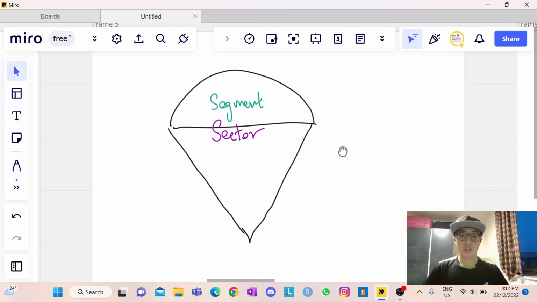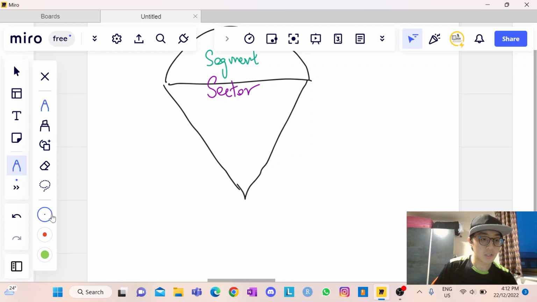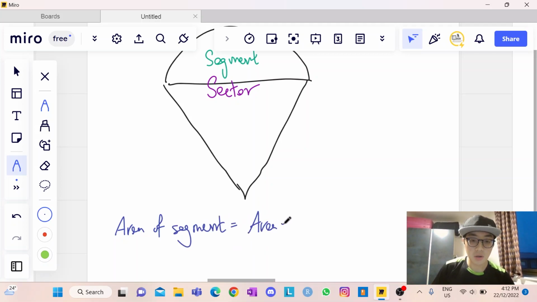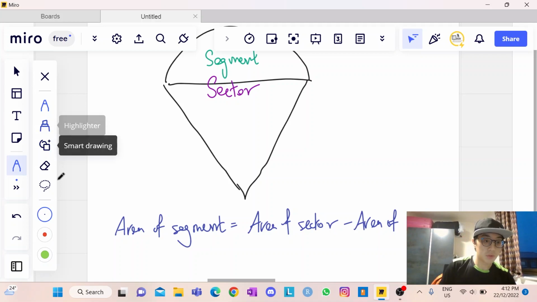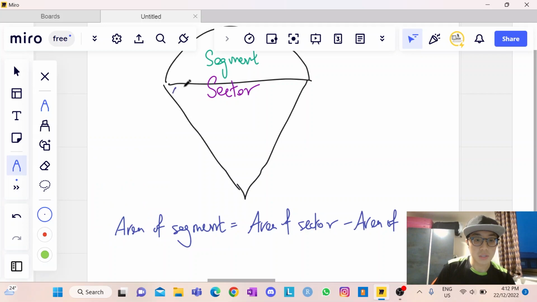You can actually derive the formula of a segment by saying the area of segment is equal to the area of sector minus the area of triangle. All right, so where did the area of triangle come from? This is the area of the triangle. This part right here